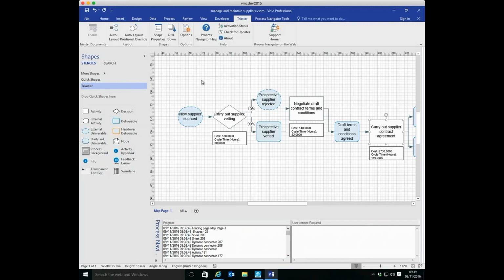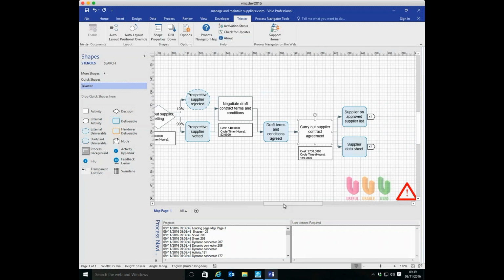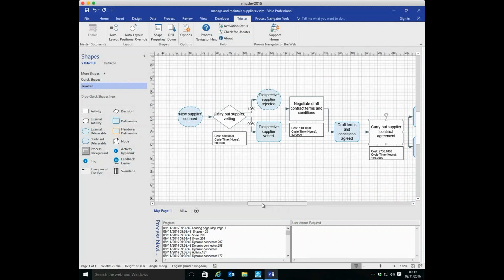What we're particularly interested in, though, from an analyst perspective, is what the cost is of the whole end-to-end process if I were to walk through it from beginning to end, taking into account the fact that there are branch points and alternative pathways through the process. So you can see, for example, on this particular one, 10% of the time the process stops after one step because we reject the supplier. 90% of the time, however, it carries on where we go through the contract negotiation. So if I'm trying to understand the total end-to-end cost, I have to take 90% of the end-to-end cost along this pathway and 10% of the end-to-end cost along this pathway as some kind of aggregate or average cost for